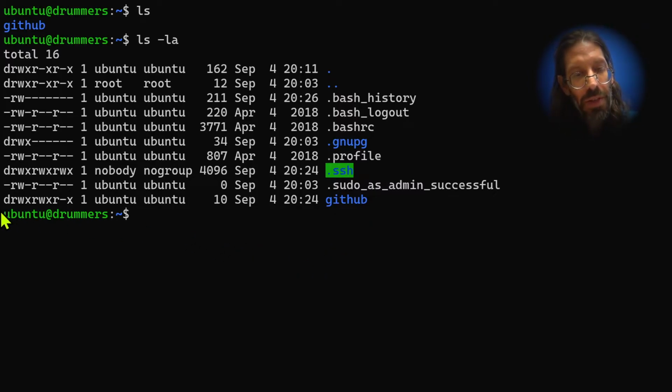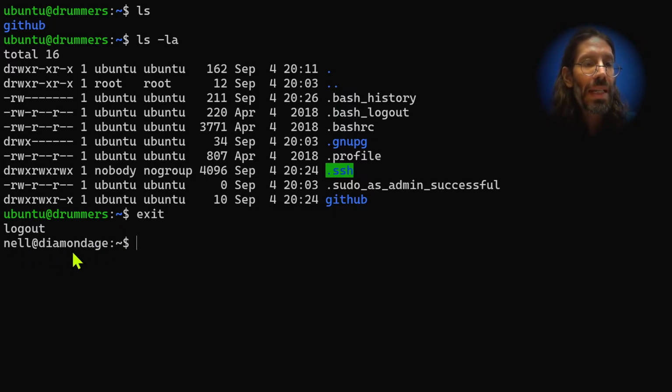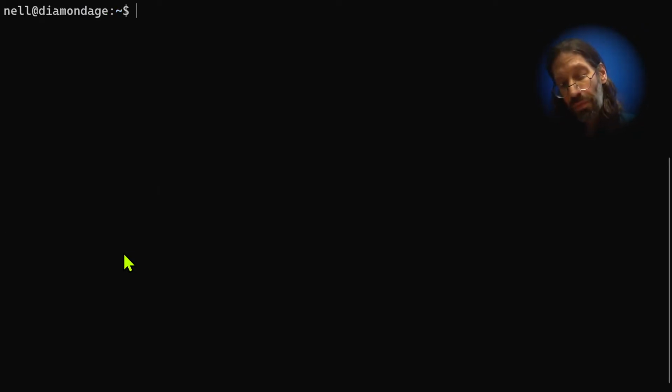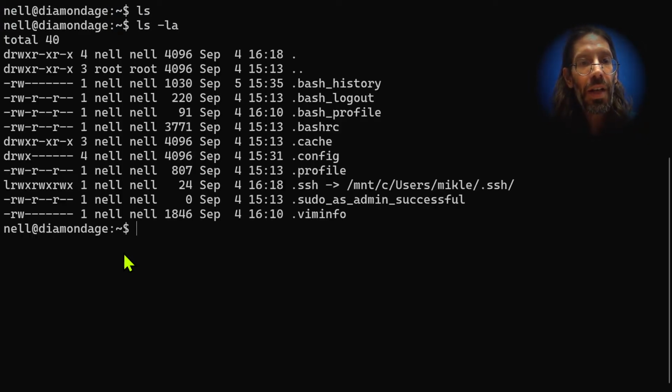But these mappings are not done from inside the container, they're done from outside the container. So I have to exit, and I go back up to Nel at diamond age. Okay, I clear screen, clear mind. I do the same before demonstration. In ls, there's absolutely nothing there. ls -la, my invisible files, right? There's a few invisible files, including the mapping of the SSH directory from the last video.